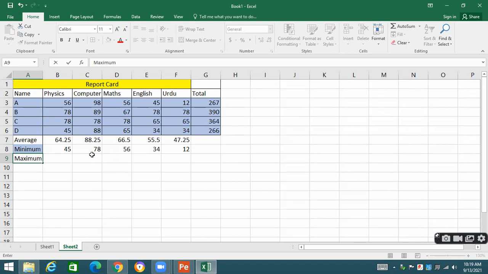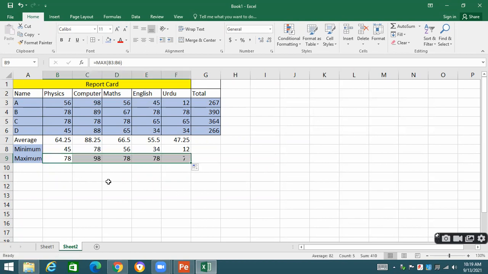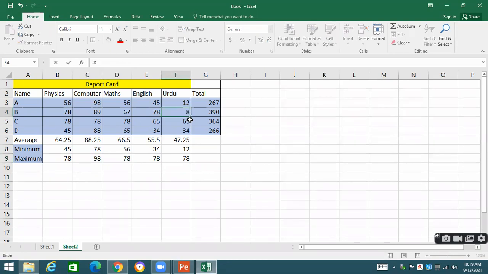For maximum, I'm going to type over here equal to max. This is the range. What is the maximum value in the physics subject? 78. Drag it over here. In computer, 98. In math, 78. If we change the values, we will see that the values change accordingly.